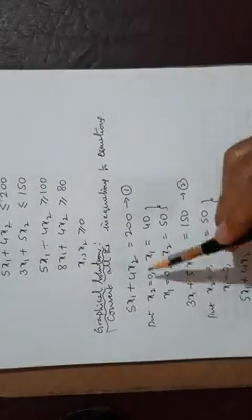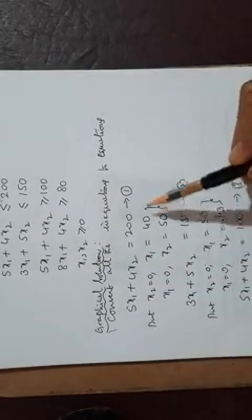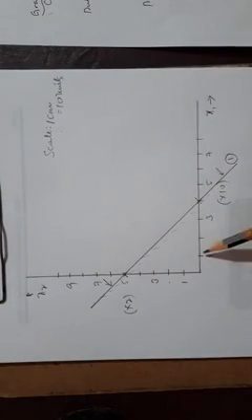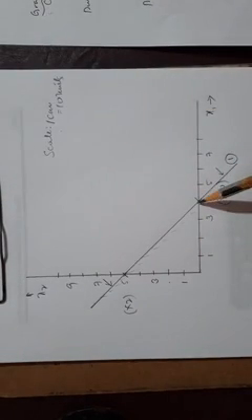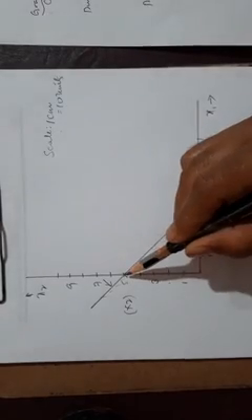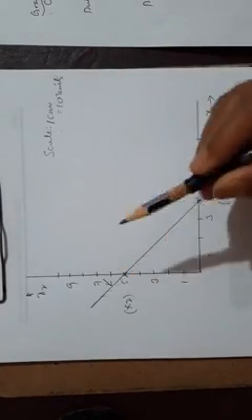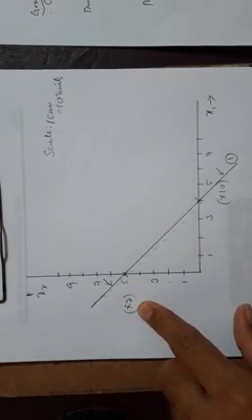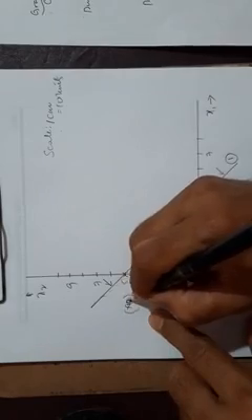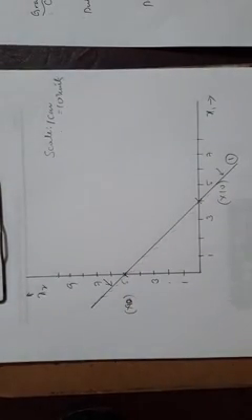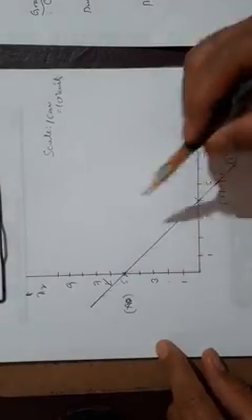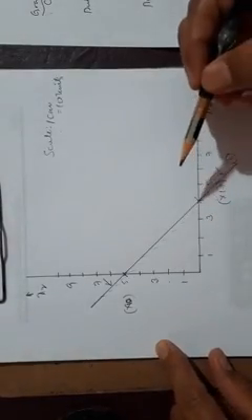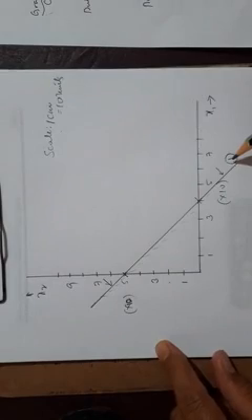Next, I try to plot the first constraint line. For that I have got x1 equal to 40, x2 equal to 50. So x1 is 40: 1, 2, 3, 4, each is 10 units per centimeter. So this is 40. Along the y-axis, if I go to the 5th centimeter division point, it will be 5 into 10, which is 50. So I'll be able to connect these two by a straight line. That will be marked as line 1.